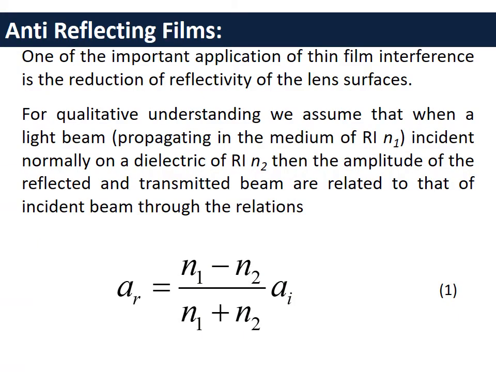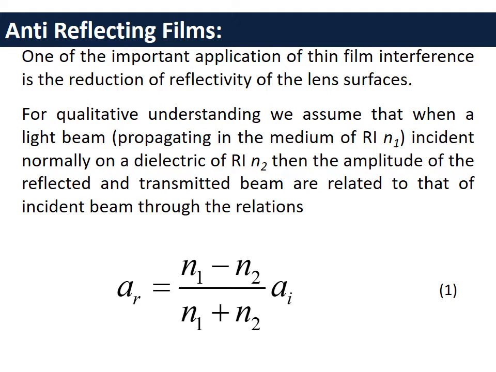One of the important applications of thin film interference is in the reduction of the reflectivity of the lens surface. Anti-reflecting film is a type of optical coating that is applied to the surface of lenses and other optical elements to reduce reflection. For better understanding, we can assume that a light beam going from medium 1 having refractive